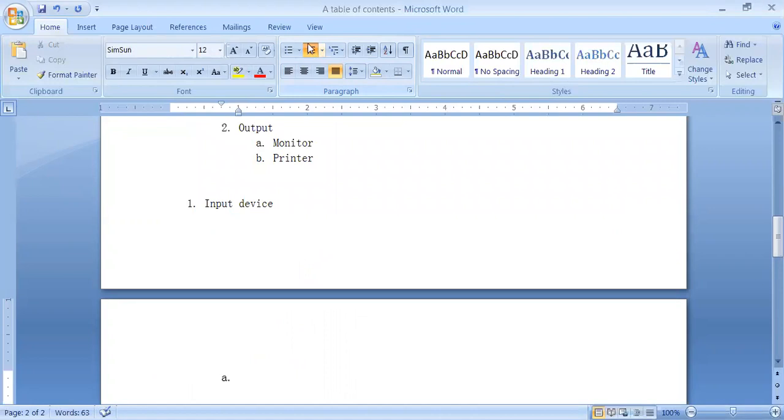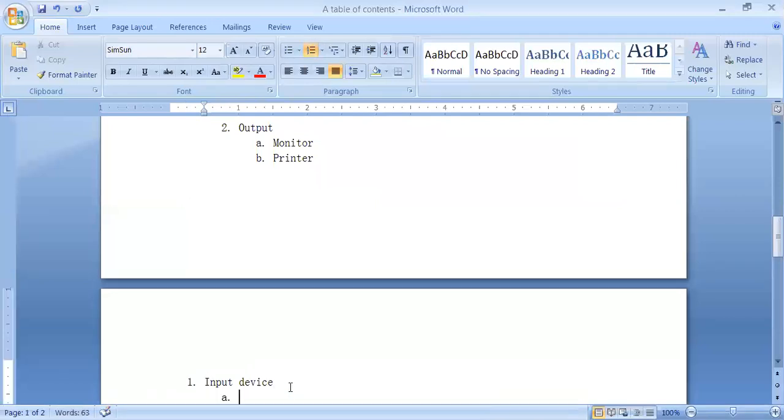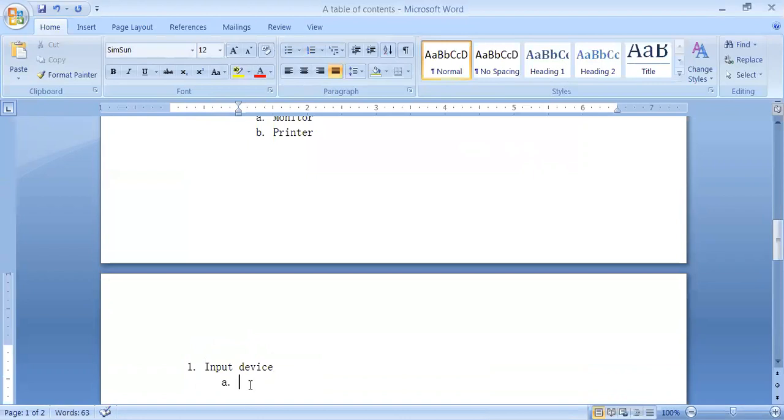Let it be on a single page. I am writing here keyboard. Again mouse.